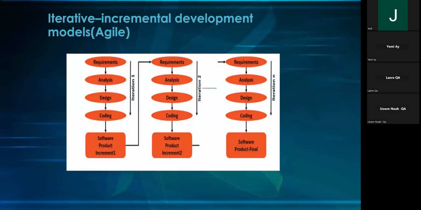So Agile, that's what I've said. So just to iterate again on what I've said in the previous slide, I'm showing you visually how the incremental phase takes place. Requirements, you see, you gather requirement, you analyze it, you design it, you code it, the software product increment. So that's iteration 1. So we finished iteration 1. Now let's go to iteration 2. Requirement, we analyze, we design, we code, increment